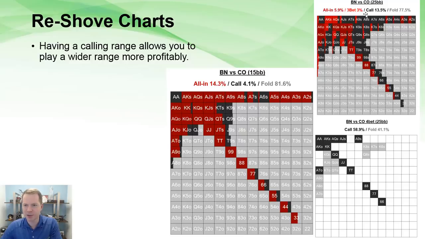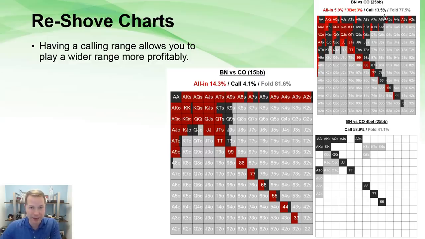Here's an example of the situation, button versus cutoff with 25 big blinds. Now this is a little bit deeper. If you're using a shove fold chart in this scenario, where you're using a reshove chart, you see that you're making a very big mistake, because now you're actually supposed to flat call with 13% of hands out of your total 23% range, right? So over half of your range